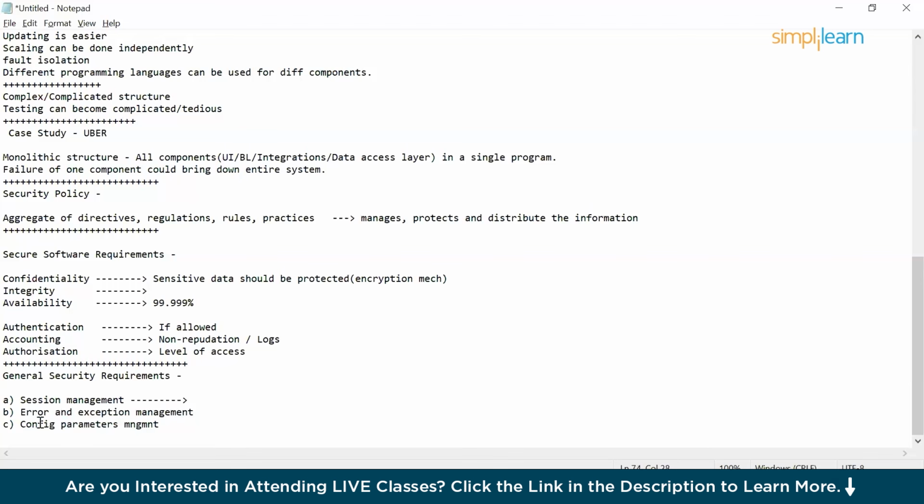When we talk about config parameters management, the configuration files for web applications, such as database connections, should be encrypted to prevent unauthorized disclosure. Sometimes the config files for web apps are open in plain text rather than encrypted, or even some passwords are hard coded in the software code itself. This was one of the recent examples I came across while doing source code evaluation: username and password were hard coded in the code itself,